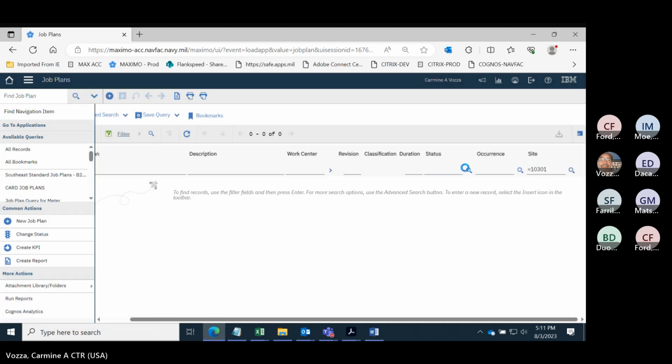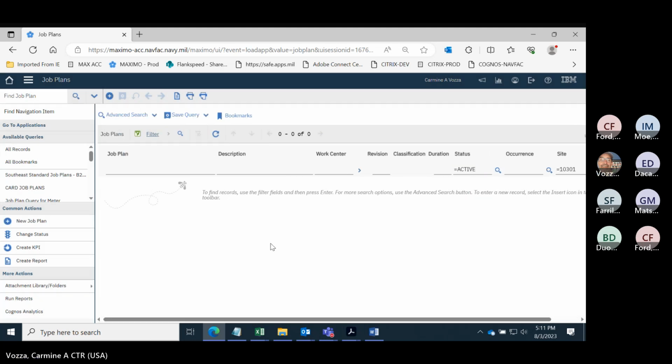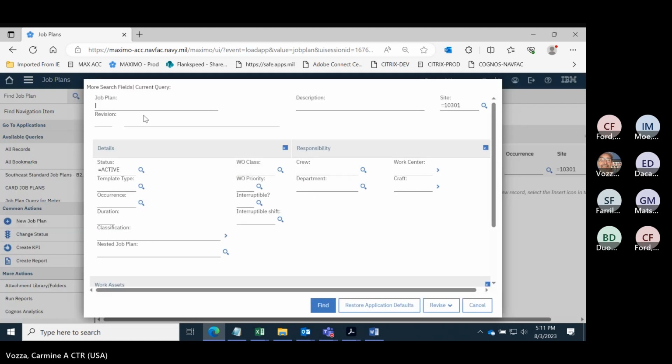Now, when utilities came on board, they had the opportunity to classify or specify their assets, and they did that, as well as they used the same classification method for the job plan. So if I need to find a utilities one, we'll get to that. It's pretty straightforward. But for facilities, it's always just a task. All right. So if I come in here and I do this,